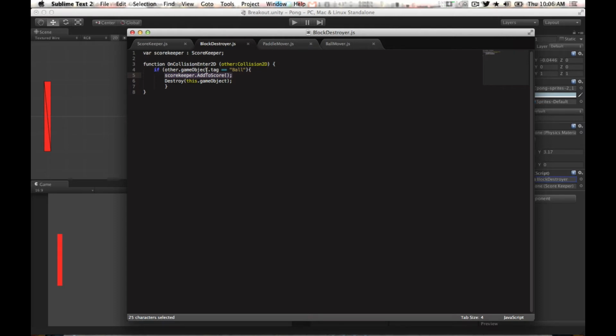So function OnCollisionEnter2D, with other Collision2D. We're looking for a 2D collision, or a collision in the 2D physics engine, with another collider. If that other gameObject.tag is the ball, then we need to access the scorekeeper script and add to that score. We're calling the function add to score, which is set up in scorekeeper. Then we're going to destroy this game object, so it's going to destroy the block. Very simple. So write that down exactly as you see it. Once you have that done,